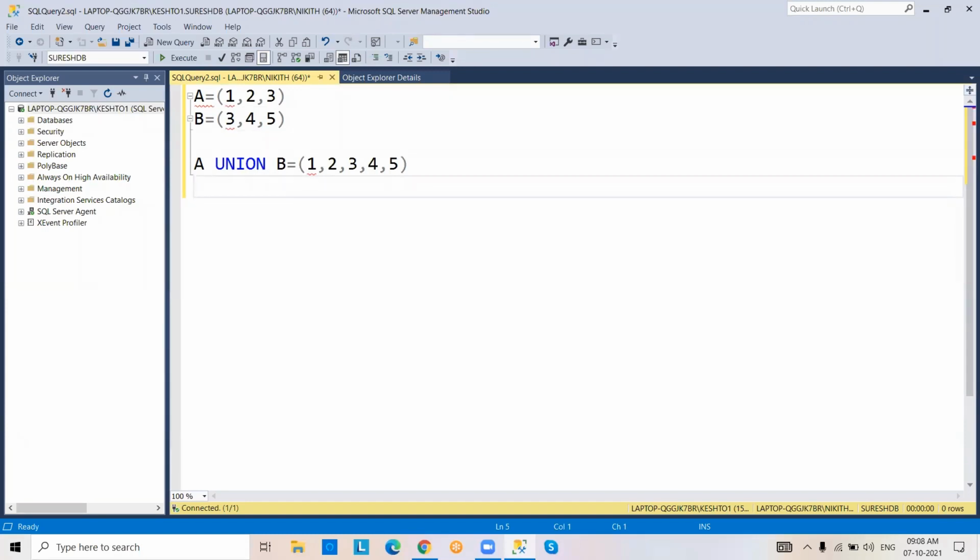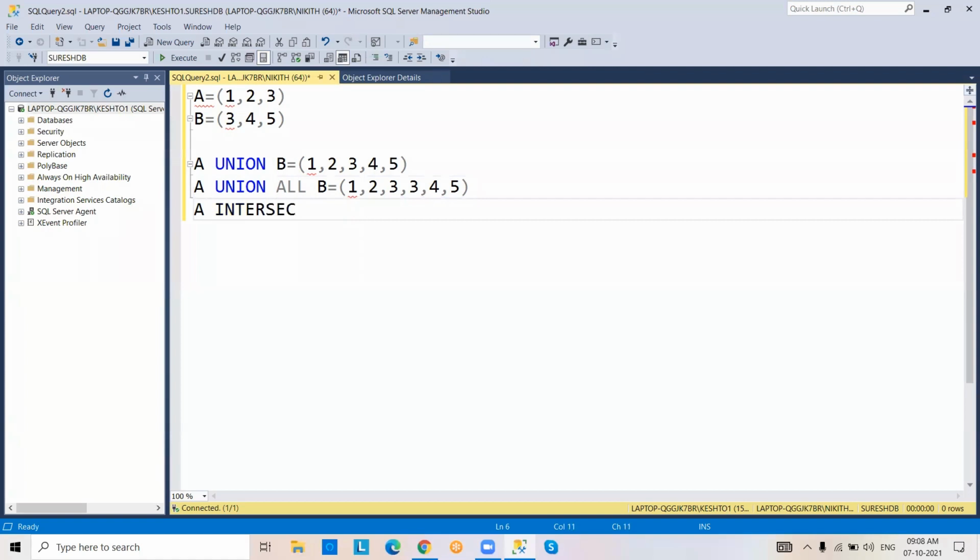Next, A union all B is 1, 2, 3, 3, 4, 5. What is the difference between union and union all? Union all retrieves even duplicates. That is the difference.